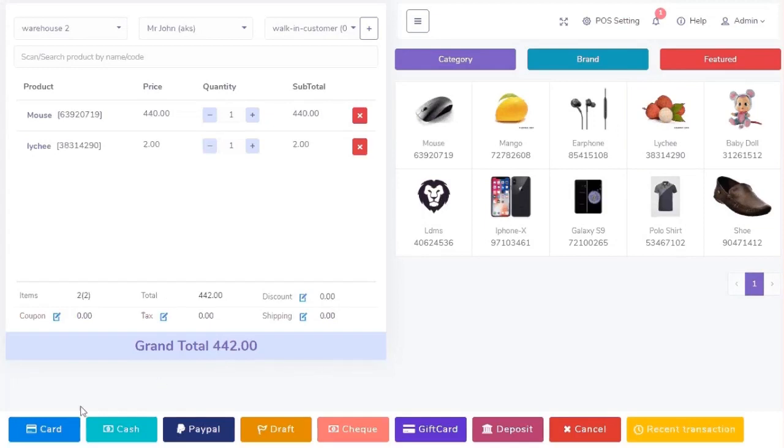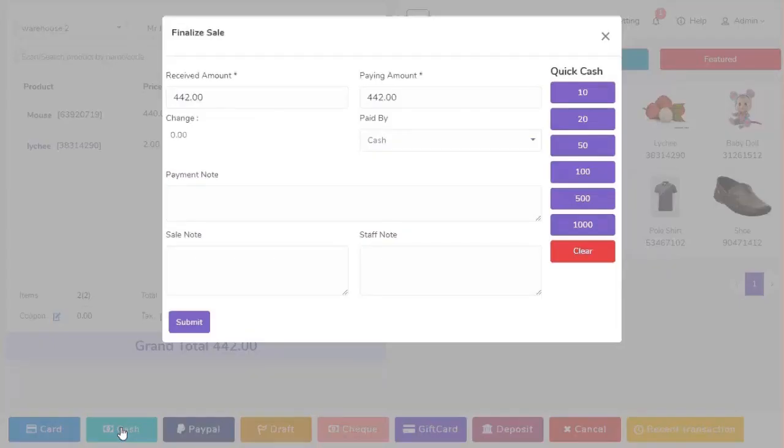Here there are various different options available, pay by card, pay by cash, all different options available. We can search the product by category. Here we can search the product by brand, right? And there are featured products also available which we want to keep on top. So those featured products are also available. Now if you click on pay by cash, it will directly display how much amount the customer is paying, how much amount